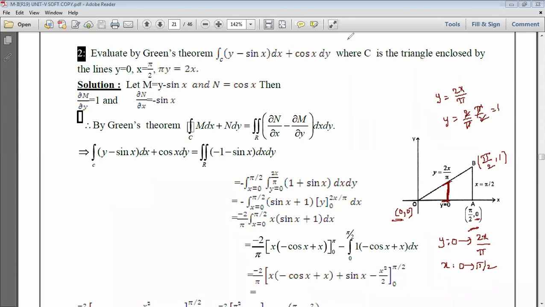Suppose I choose a horizontal one, what limits do I get? That also we have to see now. If I choose the horizontal strip, this is the way, right? Horizontal should go left to right. Left is where it is entering, on this curve y = 2x by pi. But what I require is x in terms of y. For that, cross multiplying, x is equal to pi y by 2. So it is entering on x = pi y by 2, and it leaves on the line x = pi by 2. This is excellent. And what about the y limits?